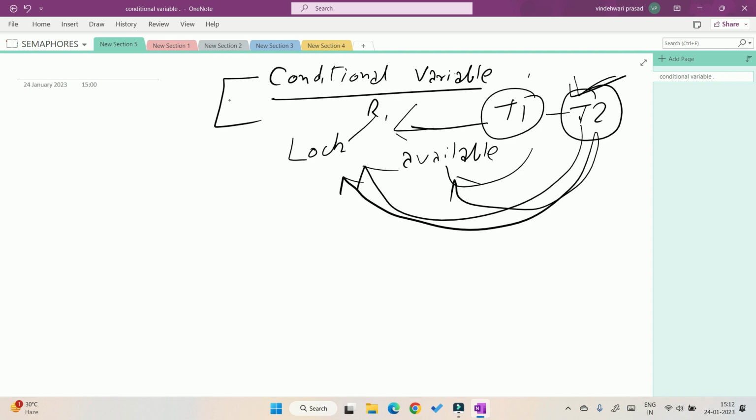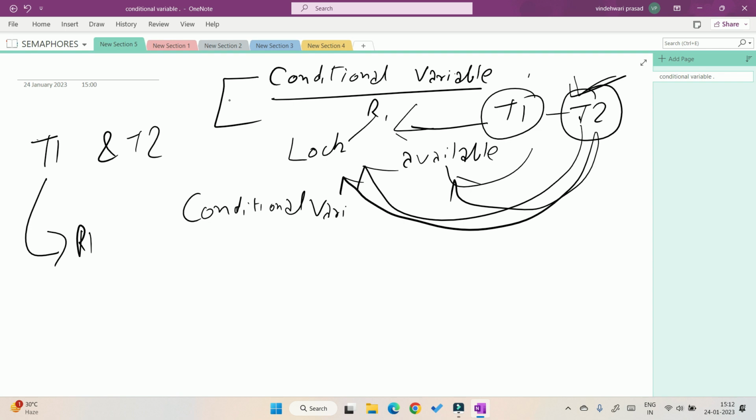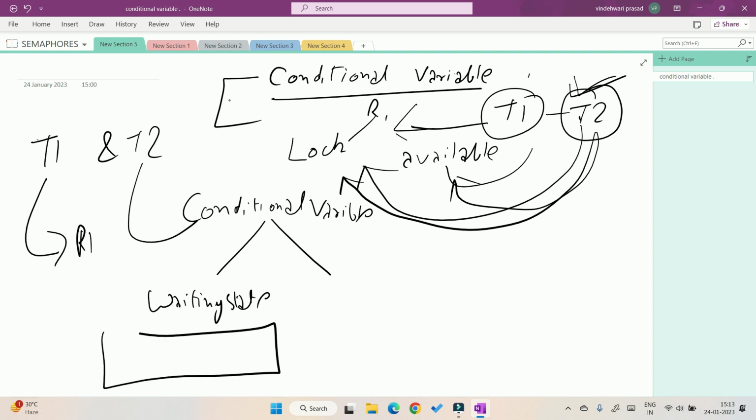So to avoid it, we introduce a new thing called conditional variable. What will conditional variable do? Suppose there are two threads T1 and T2. Now T1 locks a resource R1. So what will happen if there is any new thread which wants that resource? The conditional variable comes and sends the other thread into a waiting state, where it will be put in a waiting